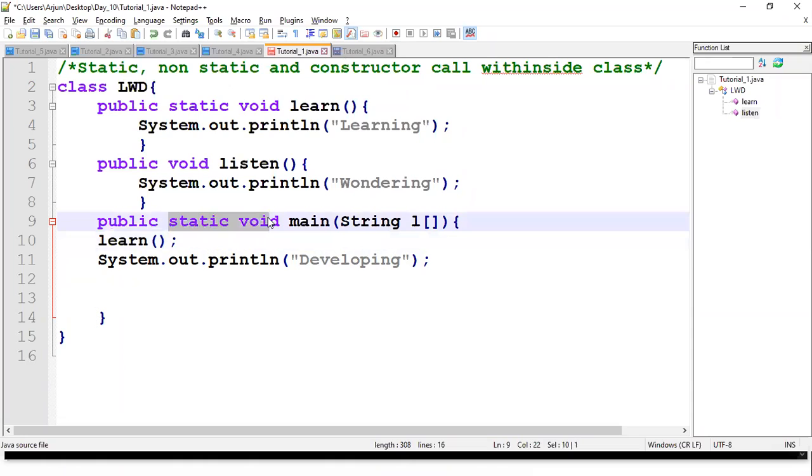Okay, so if you're starting at the beginning of a program, if you are declaring a class and the main method is a non-static method, then you are supposed to have an object instance, but the beginning of the class is not going to have any object. So that is why the main method must always be a static method. Okay, if not, we can't execute the code. Okay, so now I have to execute another static method. That is why I just started directly with learn.